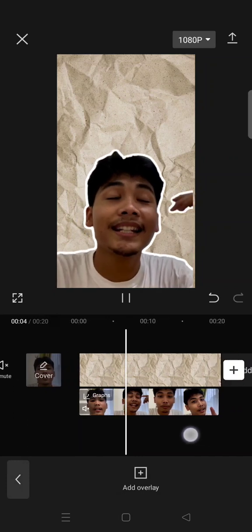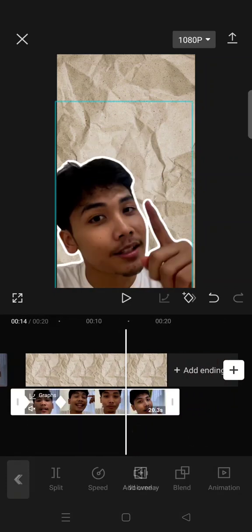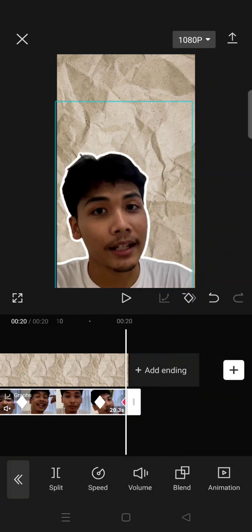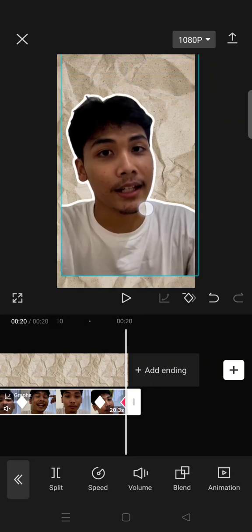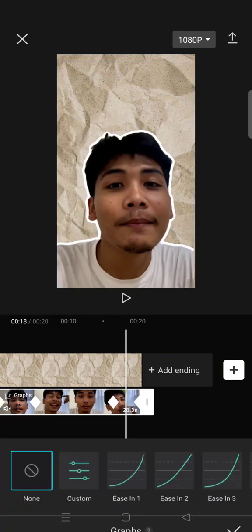Okay, and after that you need to add 2 keyframes at the end of the clip like on the first one, and then at the last keyframe move the object back up. Okay, now you can also add graphs,